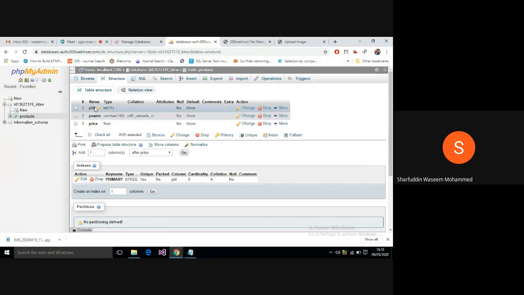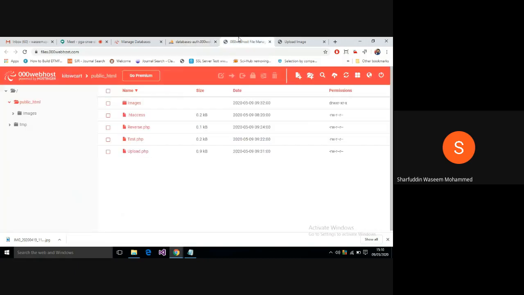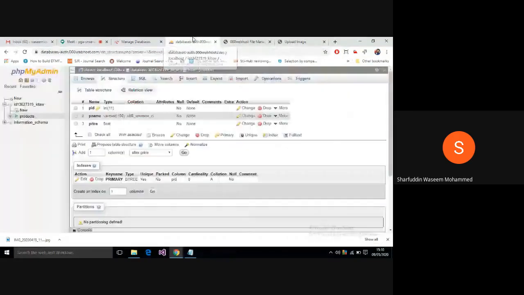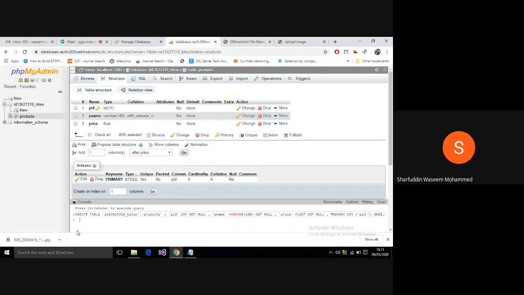Now what we try to do is write a program from our file manager, execute that program, and check whether the database is getting some values or not. Meanwhile no values are there, hence it is empty. It is not showing any data from this particular table. You can also access the console, where you can write queries.